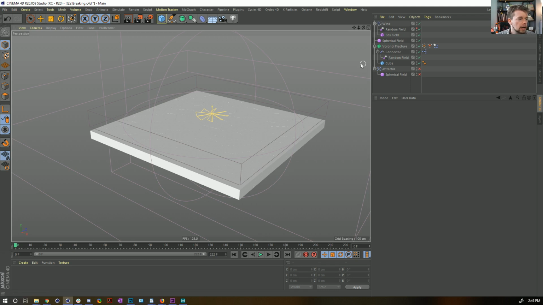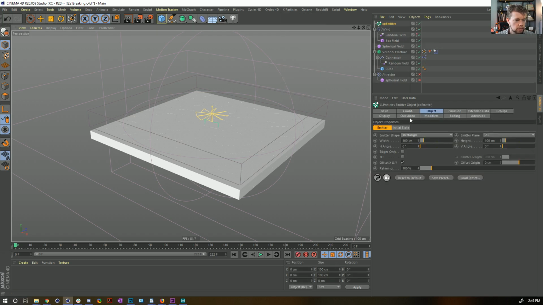But in any case, I want to have particles emit from where the breaks happen when they break. And that's the tricky part. So, let's get the basic version working and make sure that I can do it at all. I'm going to just make an emitter, and we can emit from